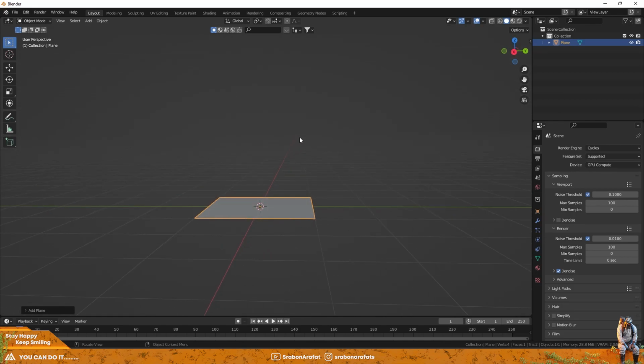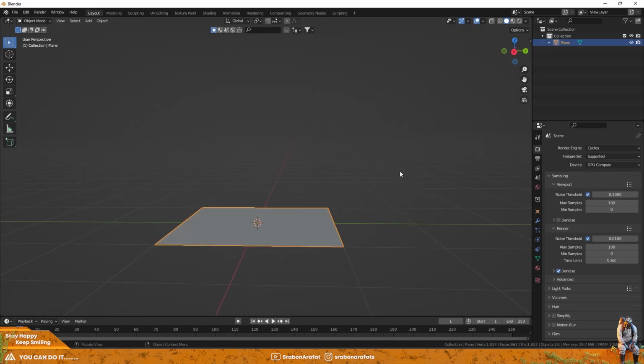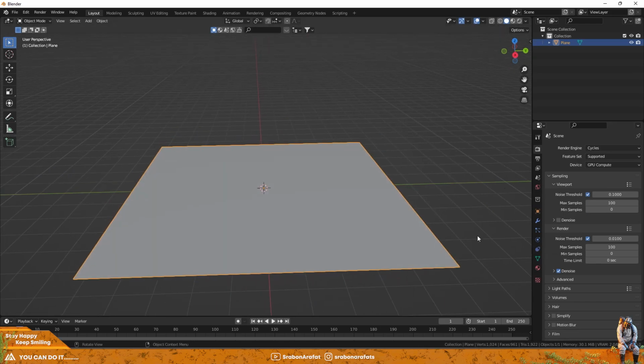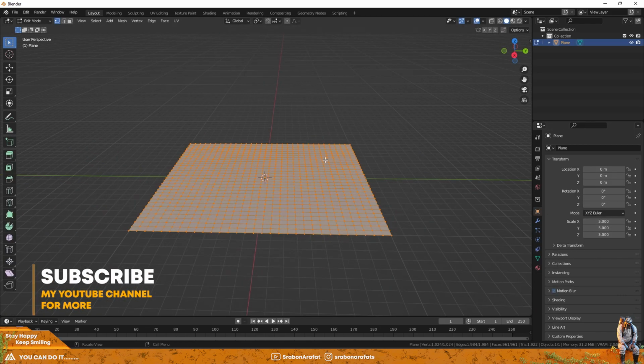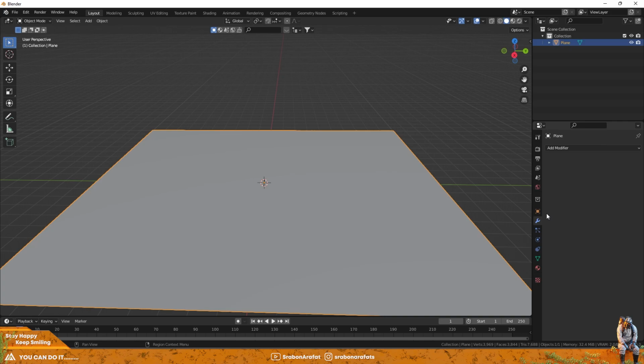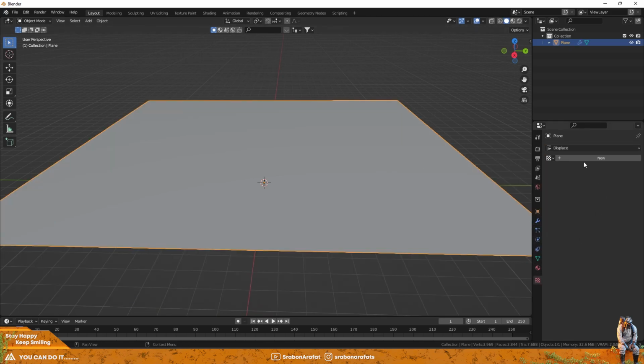First, I added a plane and subdivided it to create the ground. Then I added a displacement modifier and set the camera angle.